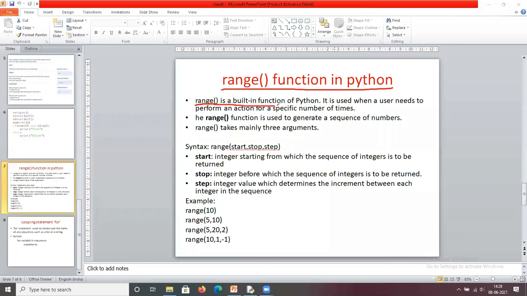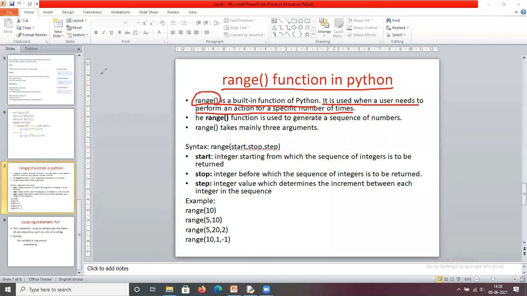Range is a built-in function in Python. It is used when a user needs to perform an action for a specific number of times. For example, I want to execute a statement 10 times. Then I'm going to use this range statement.